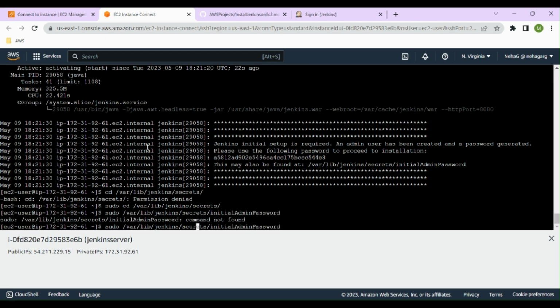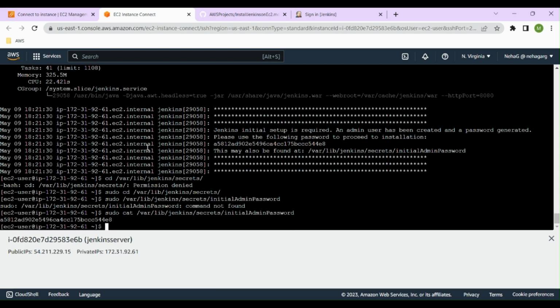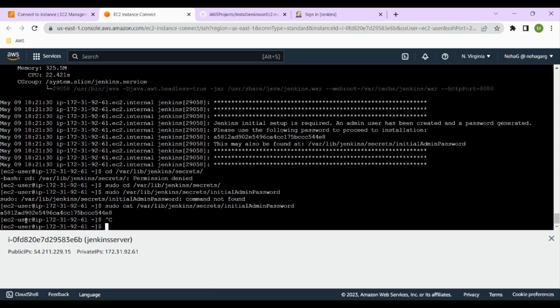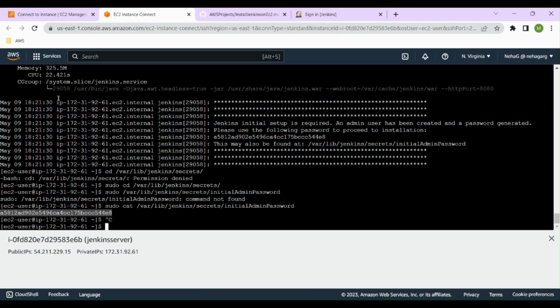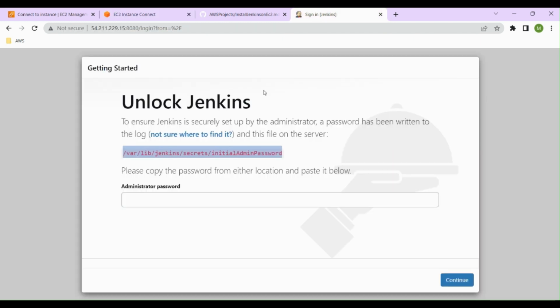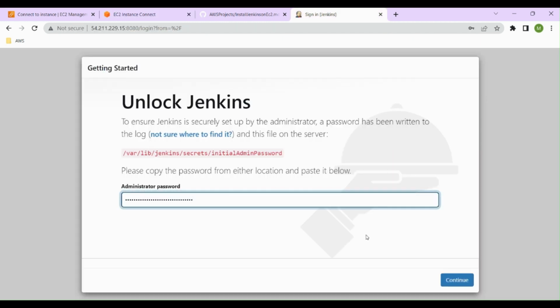Okay, sorry. Okay, so we got the password over here. Copy this password. Otherwise, you can copy the password from here also, from when you ran sudo systemctl status jenkins. At that time also your password is visible, and you have to paste that password in the administrator password field,